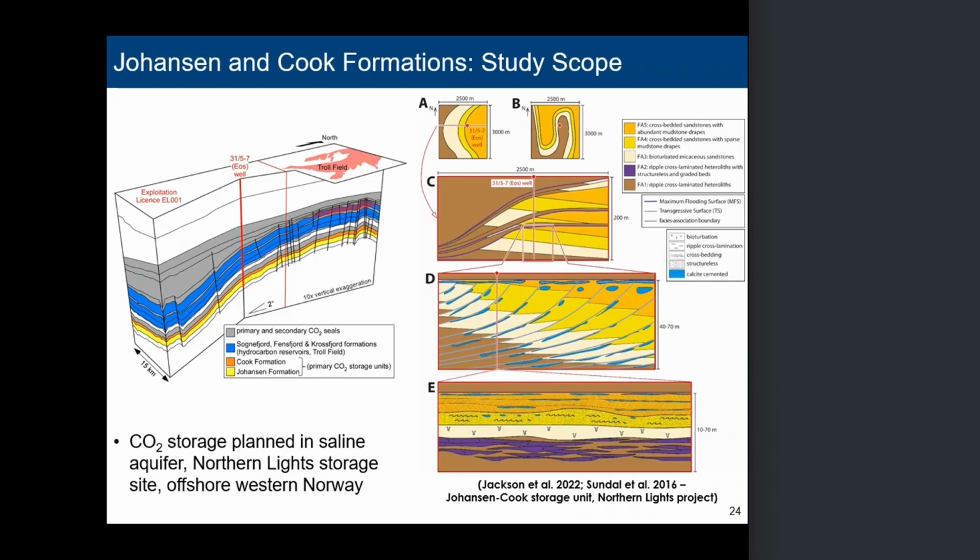Here's the well, which is the test well where the core comes from. Blue in here, that's the main reservoir unit within the Troll field, and the deeper orange and yellow units, that's the main CO2 storage unit. And we'll develop this conceptual cartoon, basically, from large scale to small scale of heterogeneity within these units. And again, there's very sparse data, so we drew pretty heavily on the overlying Troll field reservoir, much more data there,